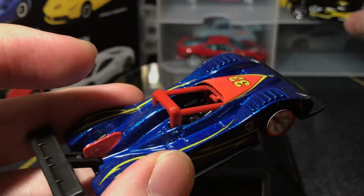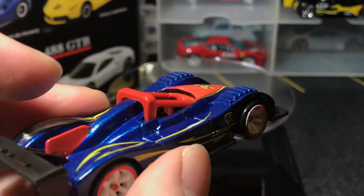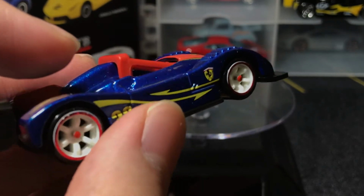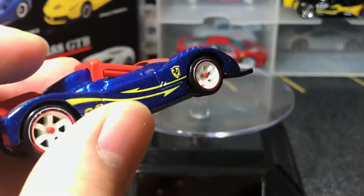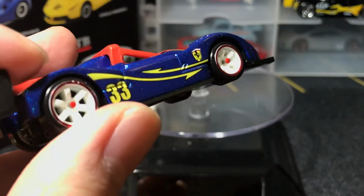It's a black metal. So this premium Speed Machine release is actually lighter than the normal one. Not that that really matters, but I just thought it's interesting. And the cold mold wheels are cool, but I don't know, this one feels a bit underwhelming, with the red rims, and you also see the paint is not perfect. But anyway,